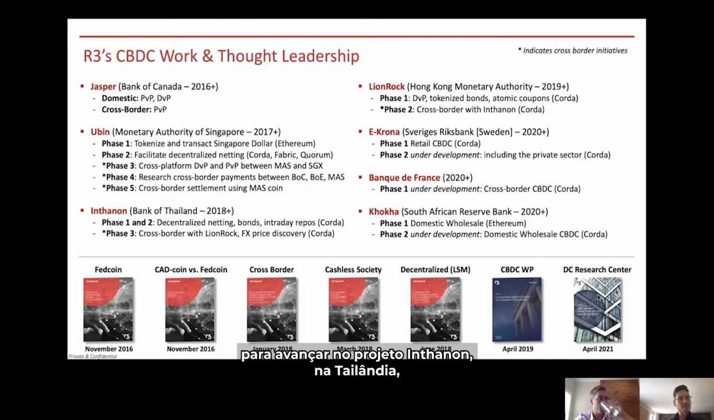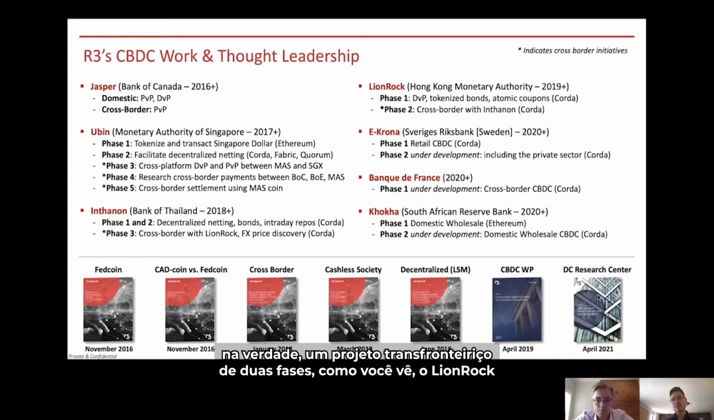From Ubin to Inthanon, a project in Thailand, again, very exciting. And then across into Hong Kong, and then a collaboration between Lion Rock and Inthanon, actually, in another cross-border project in phase 2 there, as you see, under Lion Rock. And then arguably one of the most exciting